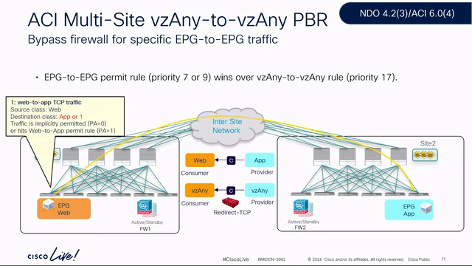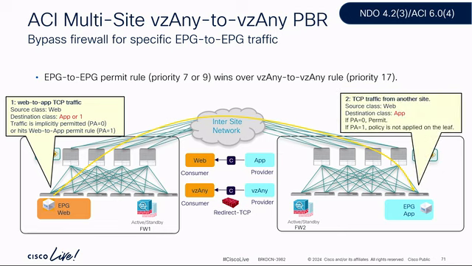So by configuring a web to app contract permit, if the ingress leaf can resolve the destination class ID, the traffic is just permitted. If not, the egress leaf will apply policy. So you can potentially start with any to any PBR to redirect traffic. And then once you identify what traffic is going through, maybe you can slightly exclude some specific traffic, because usually